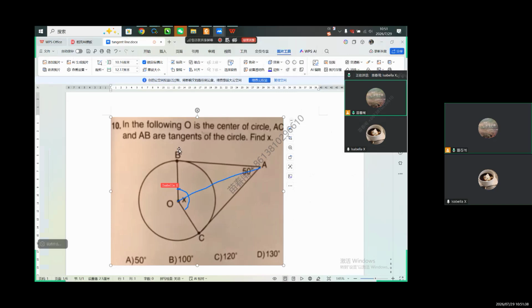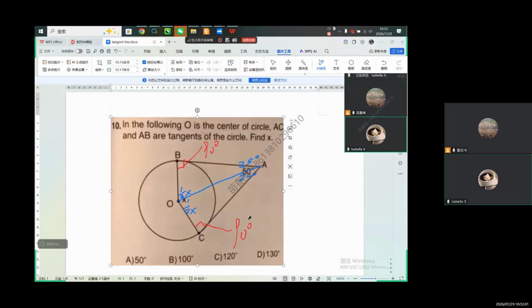Because remember, in tangent line, I didn't really prove it, but I told you this looks like a 90-degree angle. Remember? Yeah, it does. Also, this looks like a 90-degree angle. Also, that's a theorem. It is a 90-degree angle. Does that make sense? Okay, so then this is 25 degrees, 25 degrees. And then so